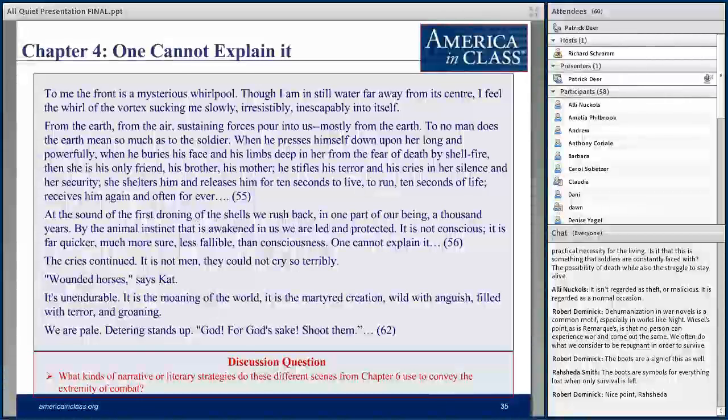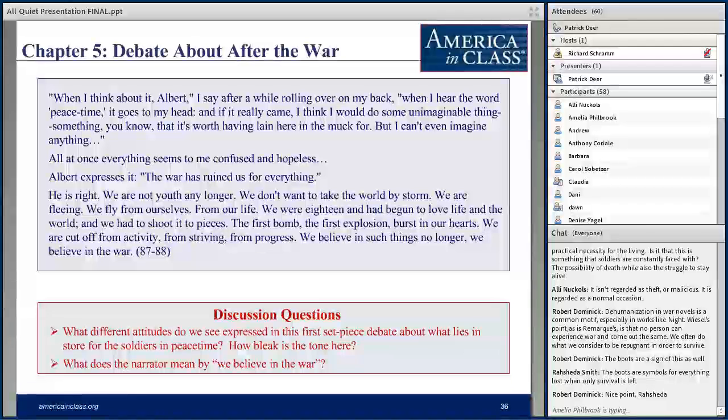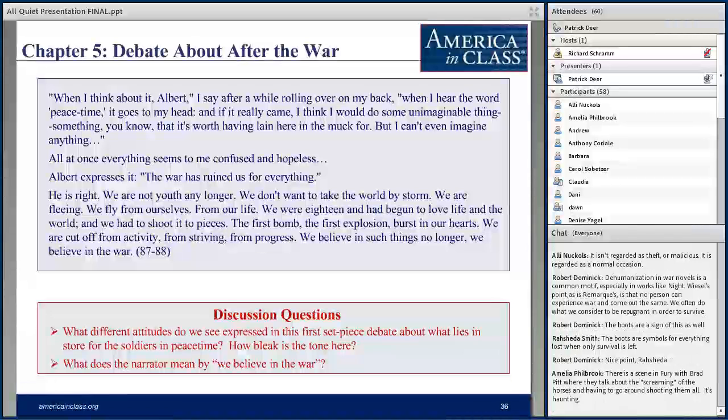This slide, one cannot explain it. For your later use, these are just some different literary strategies to describe combat. If you want to get into how Remarque is evoking this so powerfully in this verbal medium, the novel. The debate about after the war, the war has ruined us for everything. And then there's this disturbing moment. I'm not going to dwell on it now because we don't have too much time, where Paul says at the end,